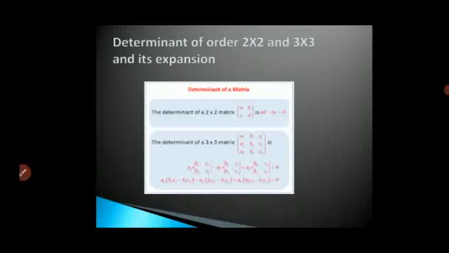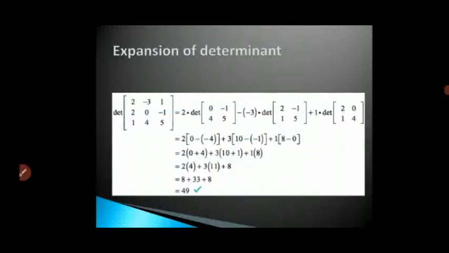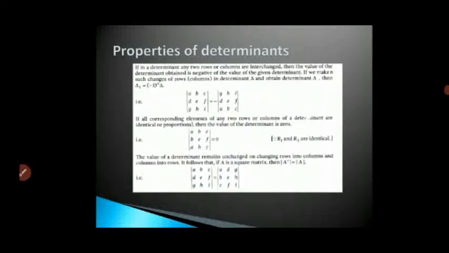We can take any element of any of the row or any element of any of the column. Here you can see it is done through the first column a1, then a2 and then a3. Now in the expansion of the determinant, very clearly you can see he has taken up the first row: 2 into, leaving the first row and first column, the determinant form is 0 minus 1, 4 3. Then minus of minus 3, now leaving first row and second column, the determinant form is 2 minus 1, 1 5, and so on. After solving this, you get a unique value, that is 49 for the given determinant.